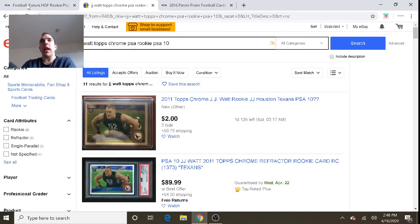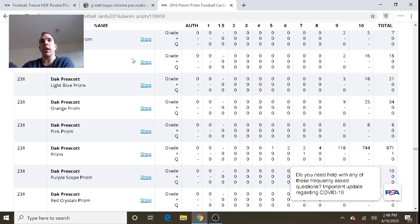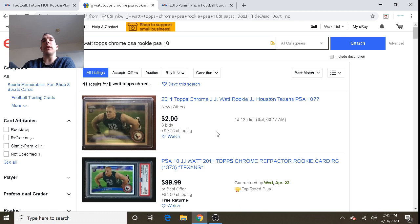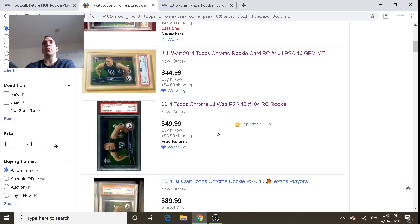And going off this, it doesn't look like there's that many of these out there. 198 according to this. So that could be a little higher. It can't be too much higher than that because they update that pretty regularly. So that is probably a $100 card, I would say, even though it's selling for 45,